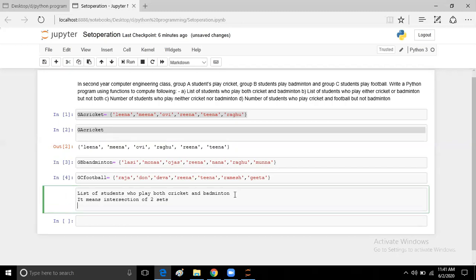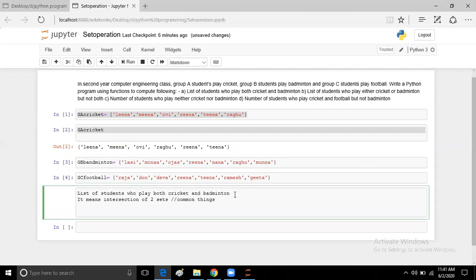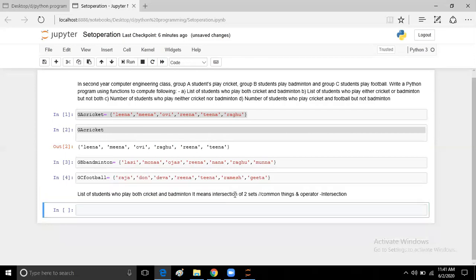Intersection of two sets means we are going to find out the common things. For intersection we are going to use the and operator, which will give us the output of intersection.